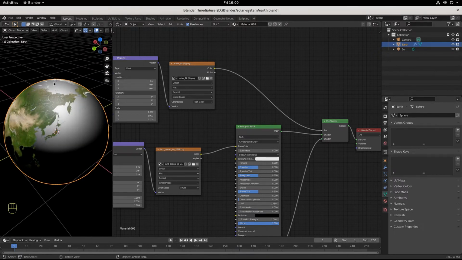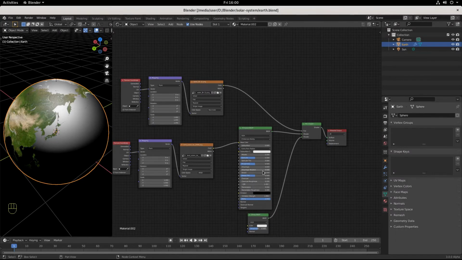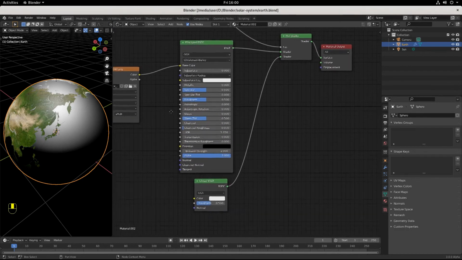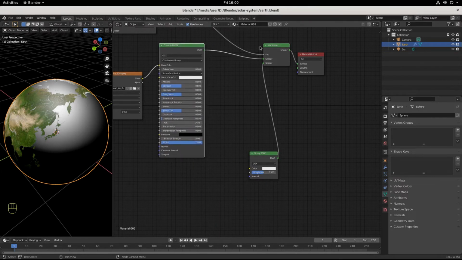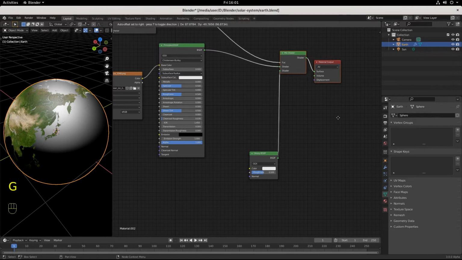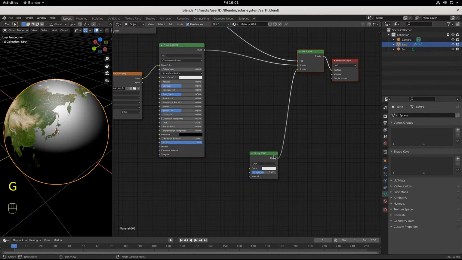Now you'll notice that our ocean is still pretty gone, right? It's blinded by the light. Okay, so we need to tone this down, and that's exactly what we're going to do right now. Man, you got this. You're going to do great. Okay, let's middle mouse click to create some space. I'm going to take my glossy BSDF, just bring it over here, and you can move these around. It's going to get busy, and we want to make sure that our workspace is as best it can be